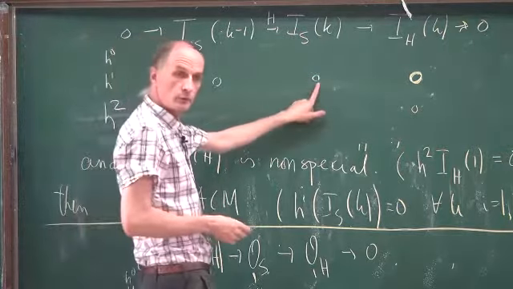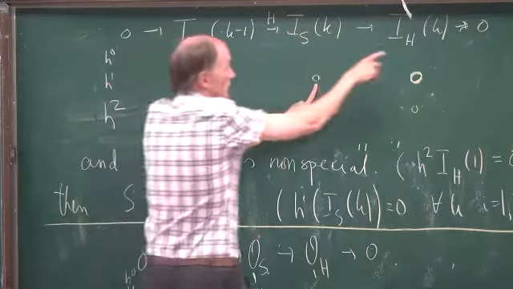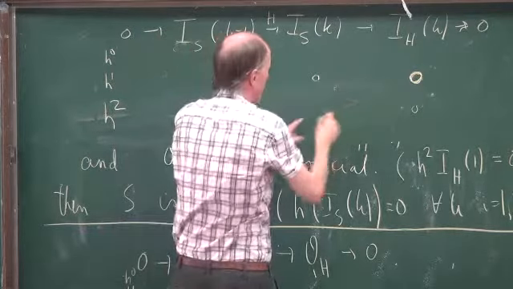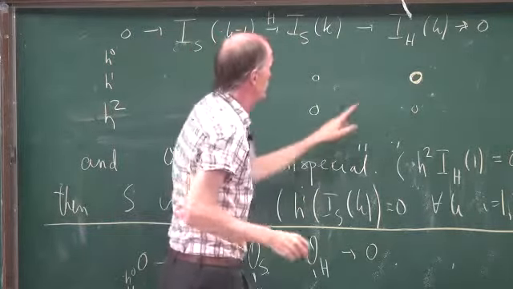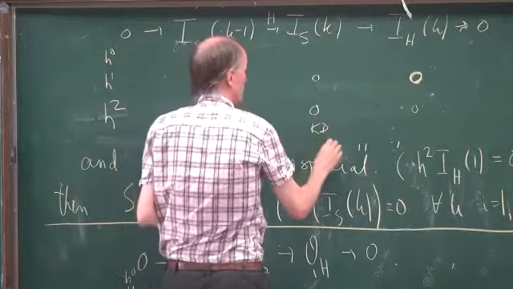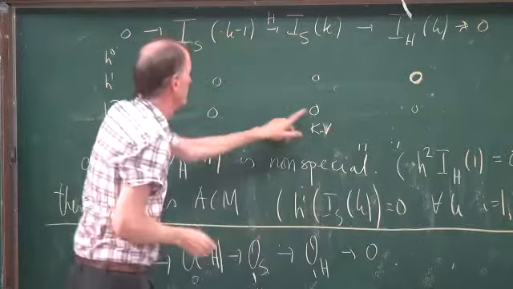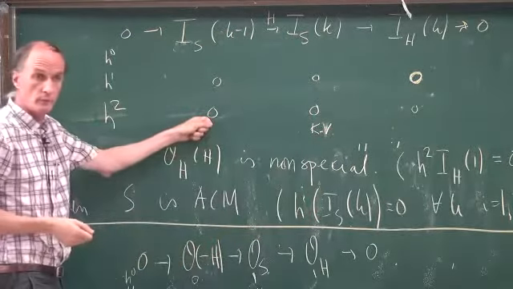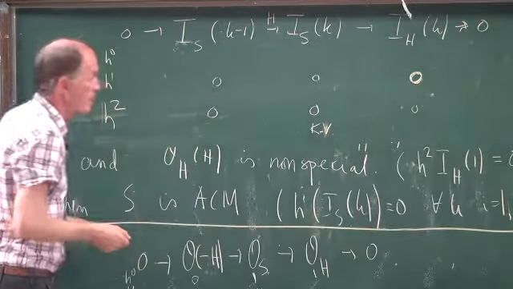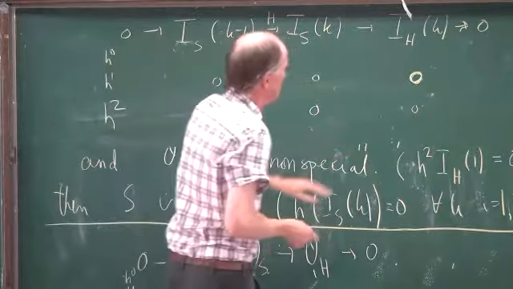If I use the Kodaira vanishing to get a 0 there, I would get the 0 for the previous one. And now